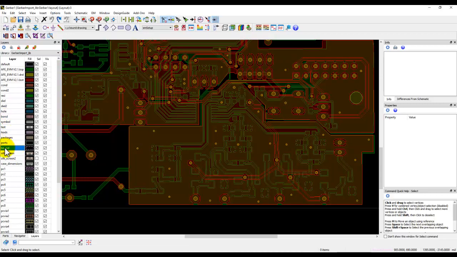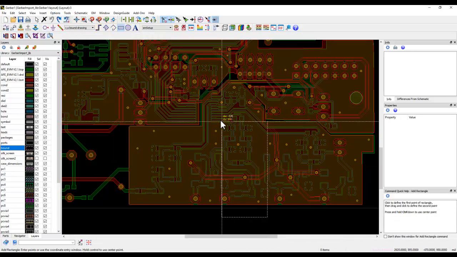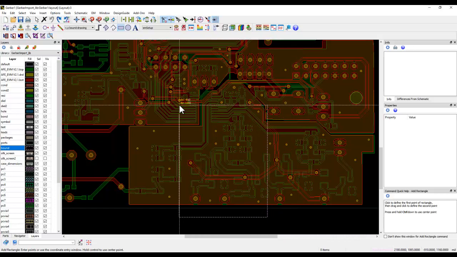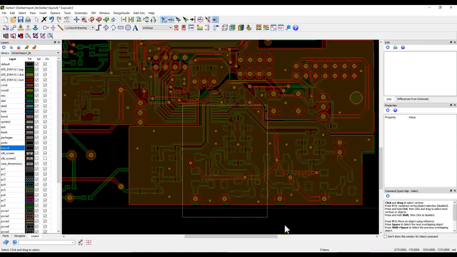Once I click on the bond layer, you can see that it is currently the active layer, and I can use a polygon or a rectangle to draw an outline or mark the section where we want to chop the geometry. So here, let's say I'm interested in chopping out only this simple rectangular piece of the overall layout.